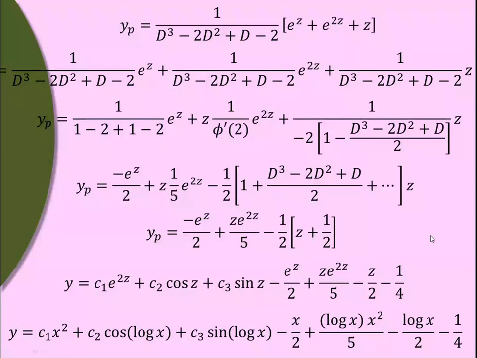Okay, so this is the way in which we can convert Cauchy's or Legendre's or that Euler's equation into a differential equation with constant coefficients. And then the rest of the part we can solve by using the shortcut method. And doing back substitution, we can get the answer in x and y. So this is very easy. Important is remembering the substitution. And if we remember the substitution only for Legendre's, you can easily get the corresponding Euler's or Cauchy's homogeneous equation just by taking A1 and B0. Okay.